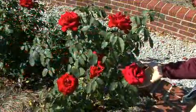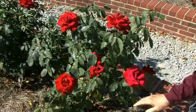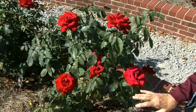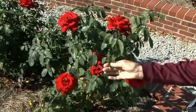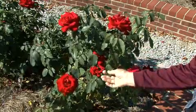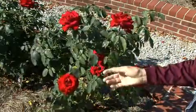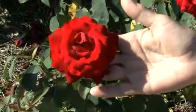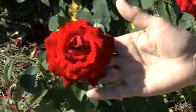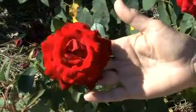The shrub itself tends to be very vertical in its growth habit. It has a few very stout canes and some very stout thorns on it as well. The leaves are large and they may have 3 to 5 leaflets on each leaf. The flower is usually double, and it will have a very tight spiral arrangement